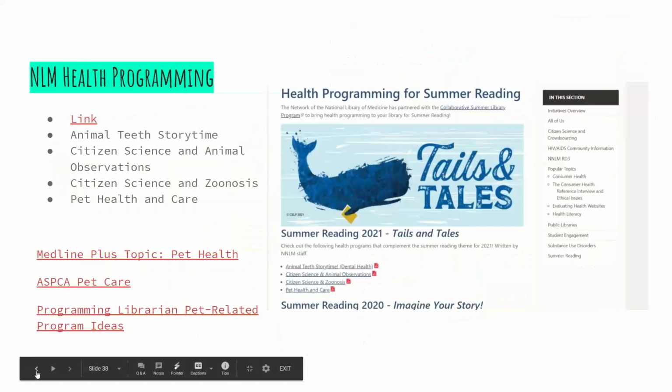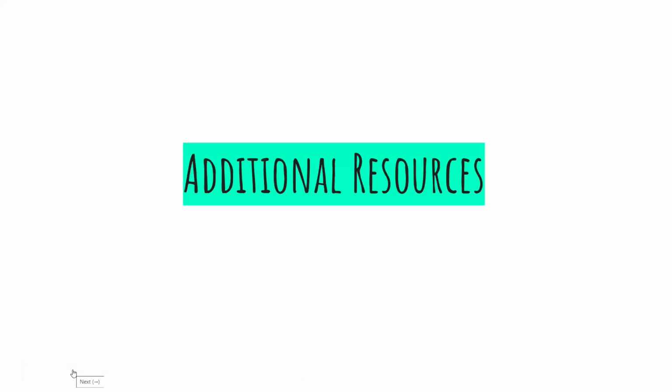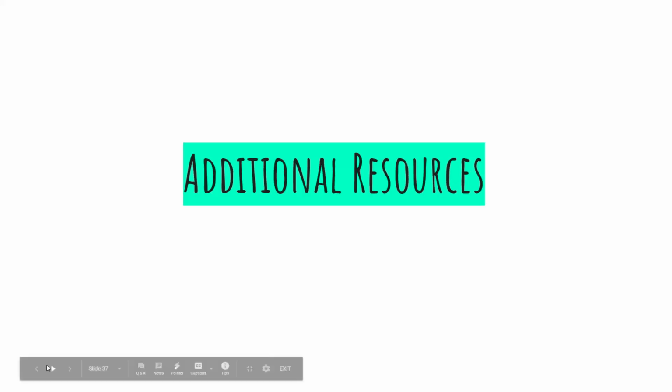So we have some other programming resources. Yeah, there we go. Some additional resources. Some of these are, if you remember way back in the beginning when we started, I pointed out there was a button where you could look for additional resources right on CSLP. And if we go to the next screen,